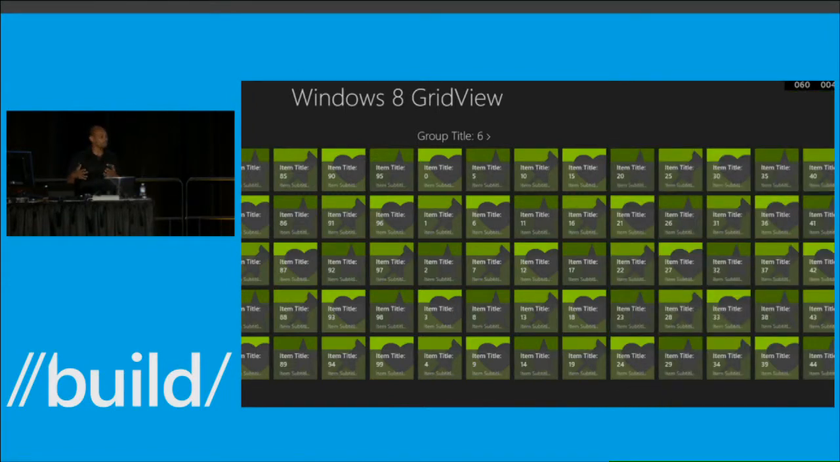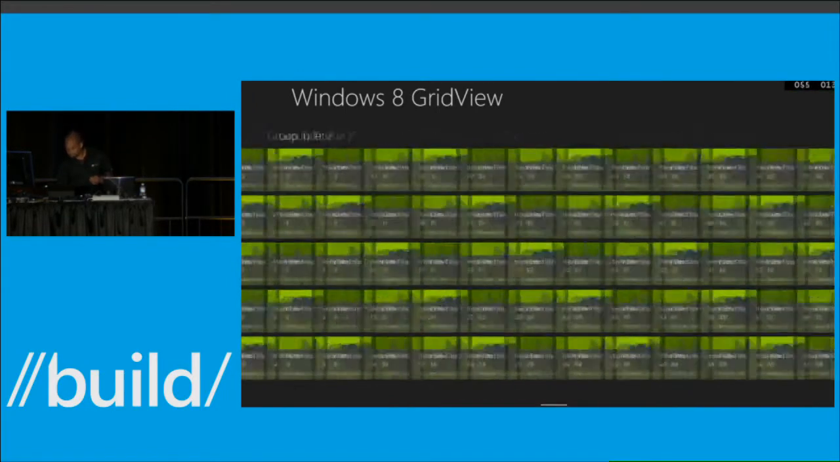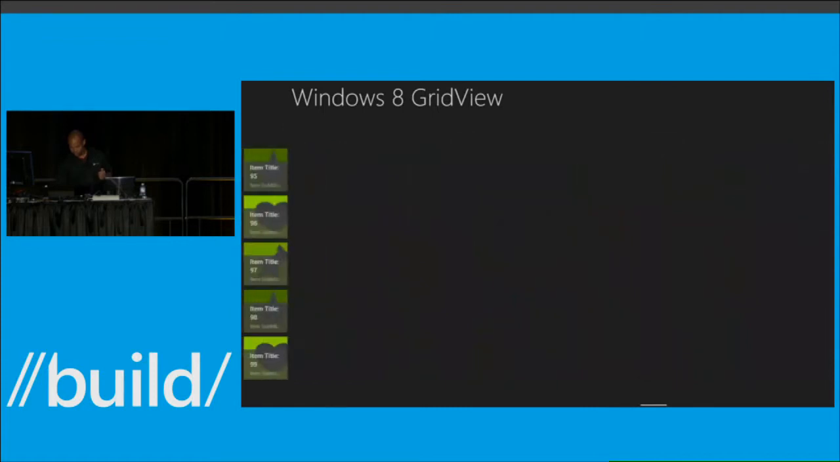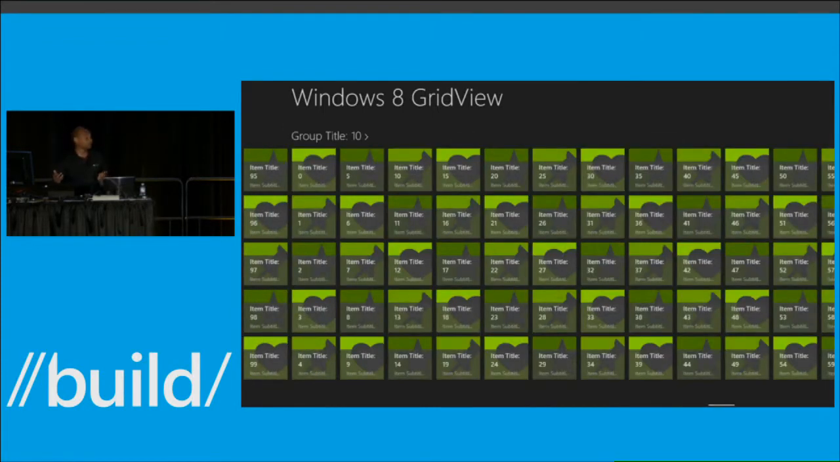Just to look at the coolness of item versus group virtualization, watch how when these items come in, it's a whole group. So no group, and then that whole group comes in. Now that whole group comes in. Whereas if we do the item virtualization,